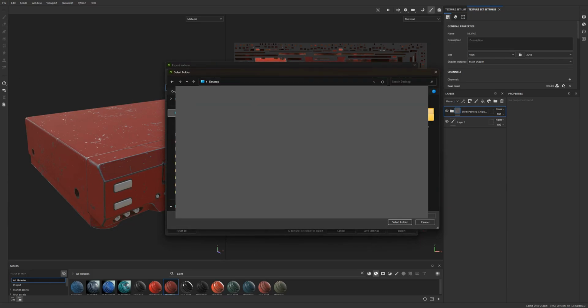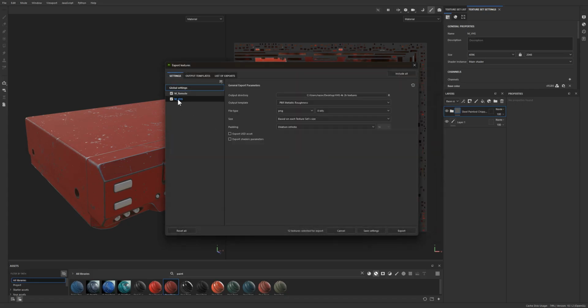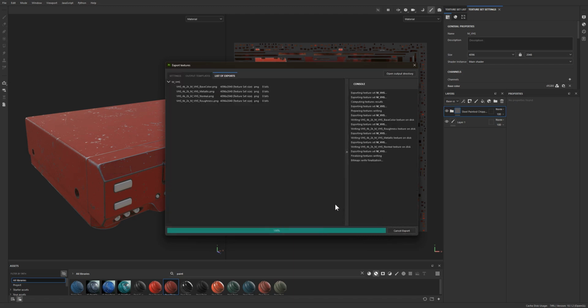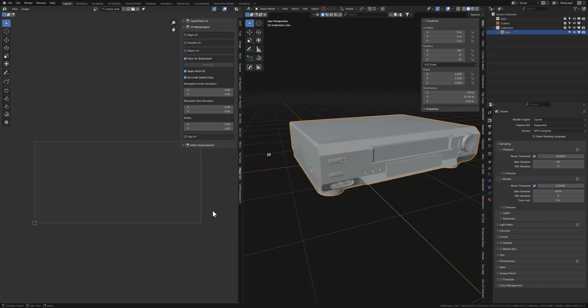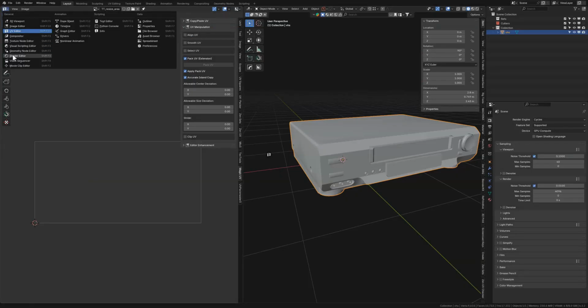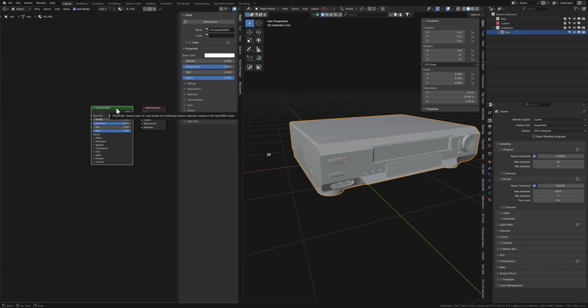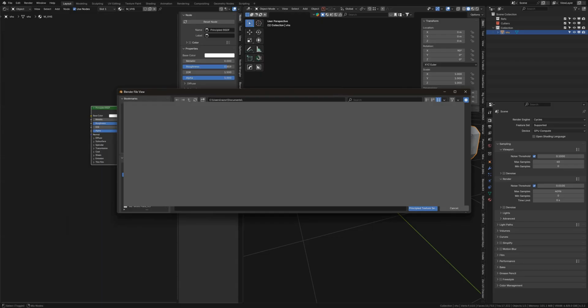I'm gonna export to the same folder, this one, and I'm just only gonna export VHS. I don't need the remote for now. And based on each texture set size, yes, this must be turned on or selected, sorry. And I'm just gonna remove emissive and height and hit export. Nice. Now going back to Blender, I'm just gonna change this to shader editor and remove this. With Node Wrangler add-on, Control Shift T, and select my textures,